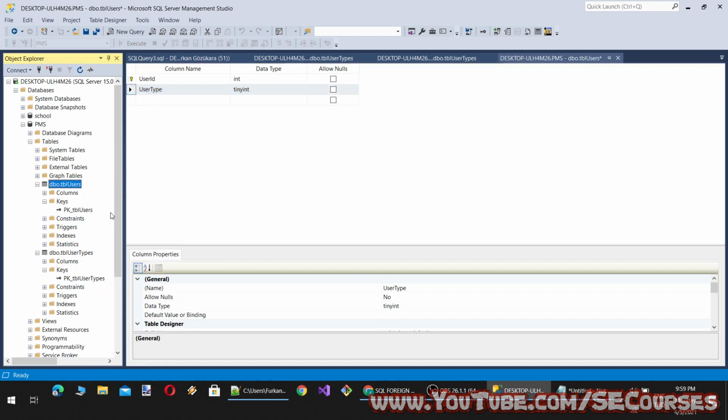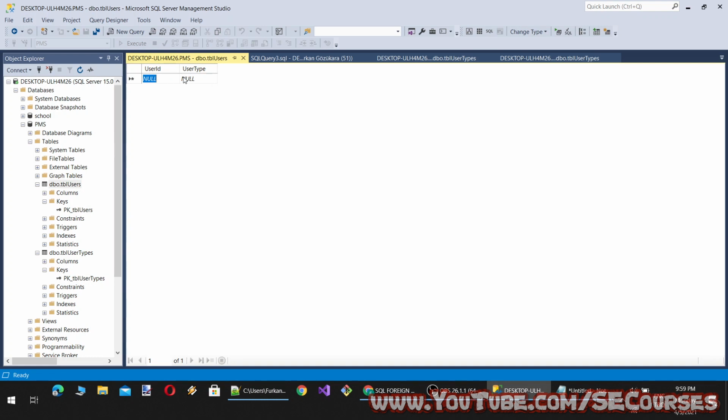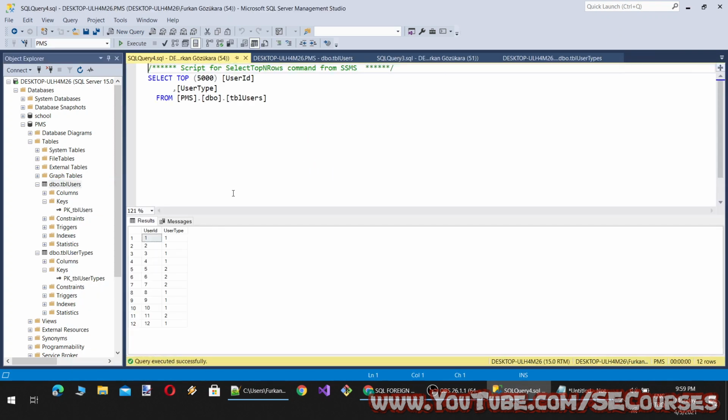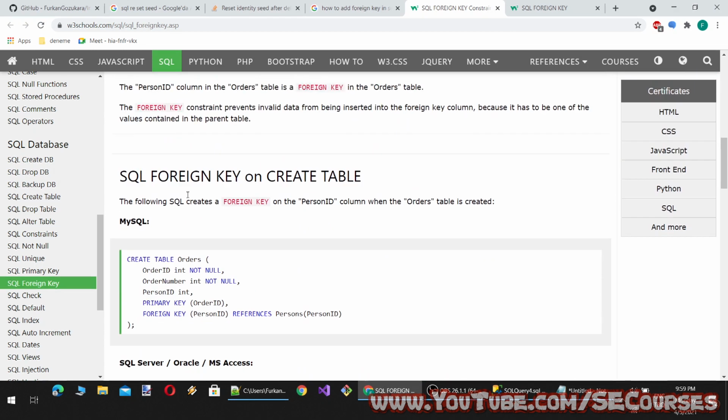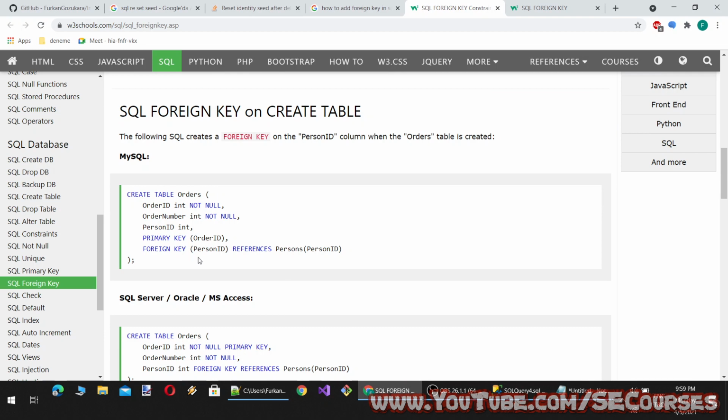So let's add some records to TBL users to see what happens. So 1, 1, 1, 1, 2, 2, 2, 1, 1, 1, 2, 1. Okay, whatever. They are all done. Okay, so you see some values are not updated here in the edit window. Why? Yeah, to designer simply. Now when we select, you see they are all incremented.